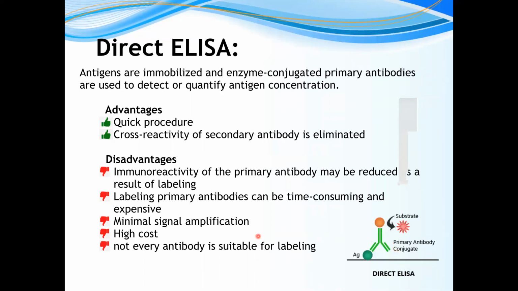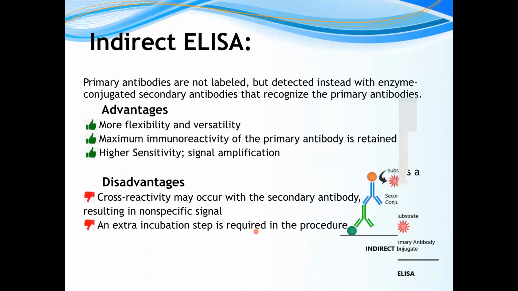So the next format that has some advantages over the direct ELISA kit format is the indirect ELISA kit. In indirect ELISA, the primary antibodies are not labeled, but detected instead with enzyme-conjugated secondary antibodies that recognize the primary antibodies. So in this,